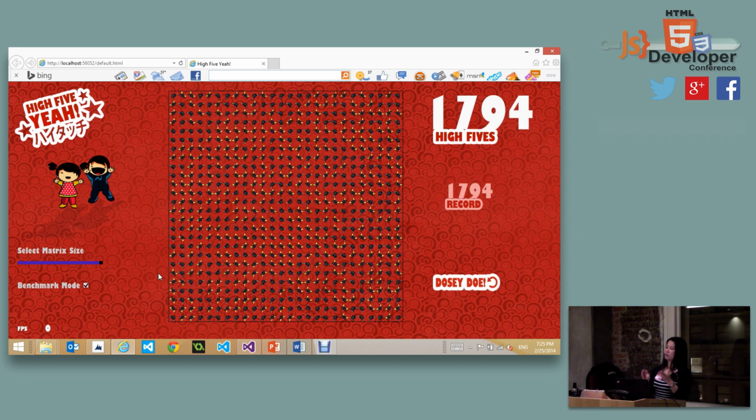So when I'm looking into this, one of the performance meters I put in is frames per second. When you measure performance, frames per second, how many of you have never heard of frames per second? Good. So FPS is a very good indication of how responsive your app is.